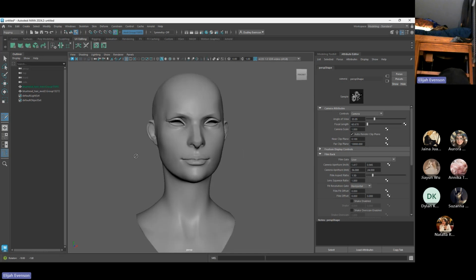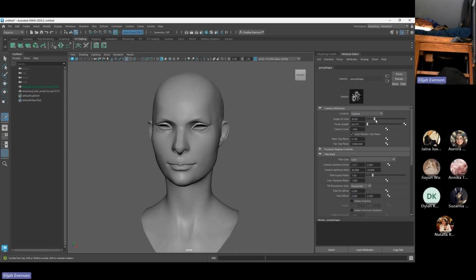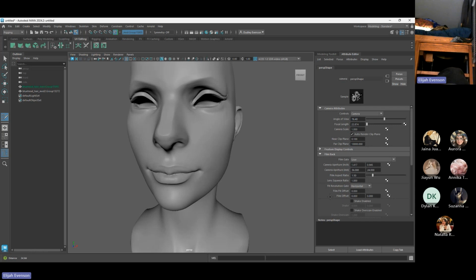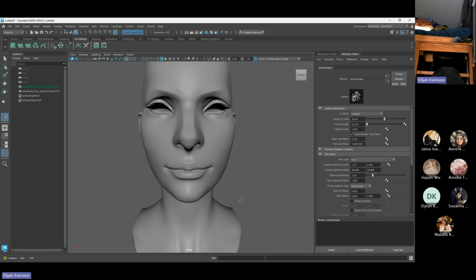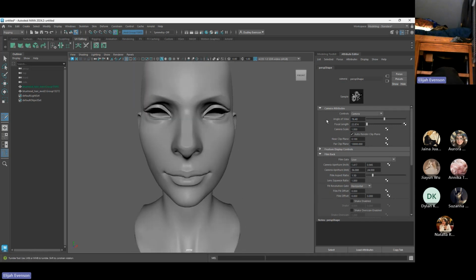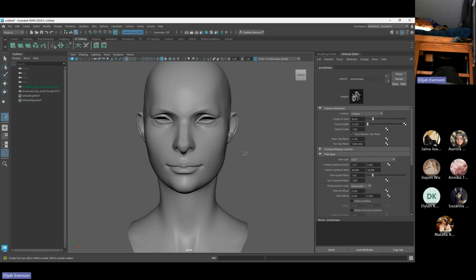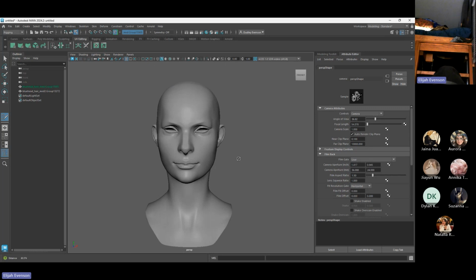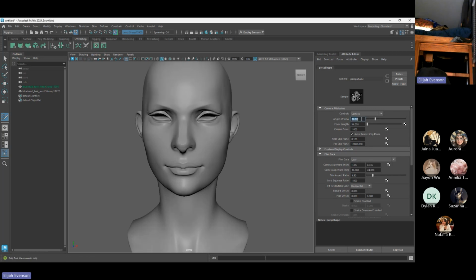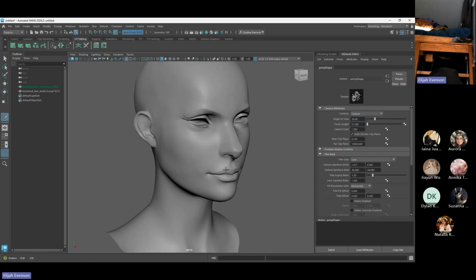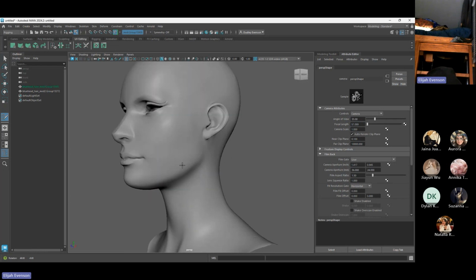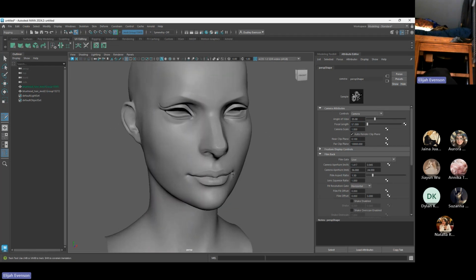That's another thing about faces and cameras: if they're really wide and you get close, faces look very, very different. You can see those ears are disappearing. The nose is huge, but we zoom in and the nose looks a lot smaller and you can see the ears a lot more. So you have to find that kind of nice mid ground. Usually 35 is pretty good for faces because it doesn't distort them too much. It looks pretty good at this distance. So now we've got